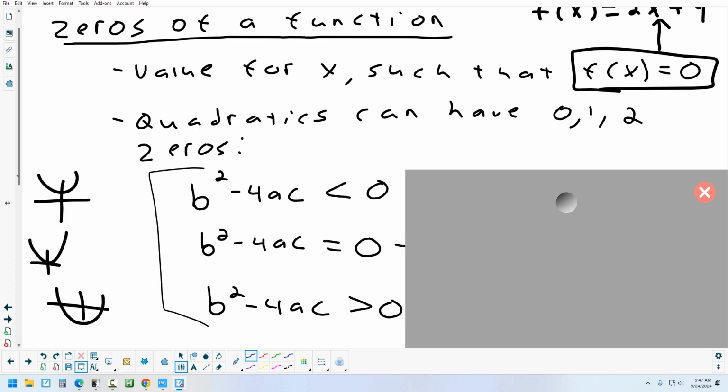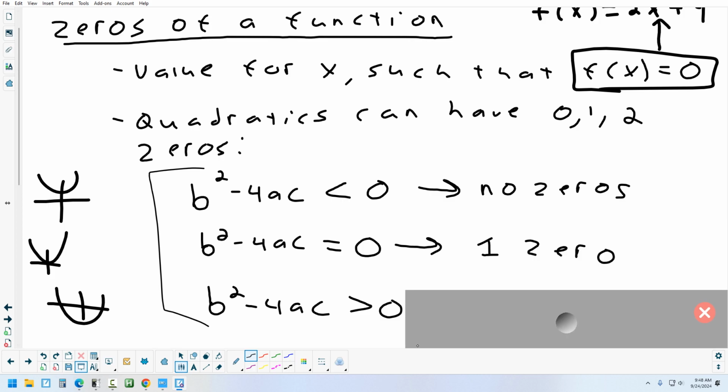Okay, that's part of a formula. Does anybody recognize what formula that's from? Quadratic formula. It's part of the quadratic formula. It's not the whole formula. If you want to know the exact answer to the problem, you've got to do the whole formula. But if you just want to know how many times it crosses the x-axis,